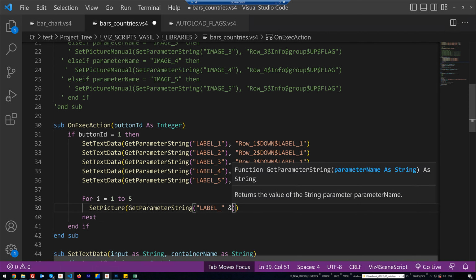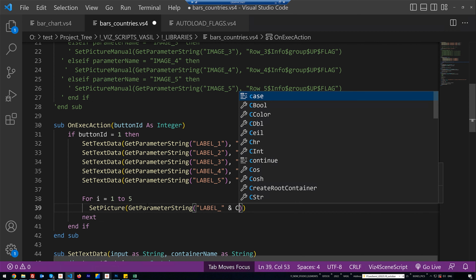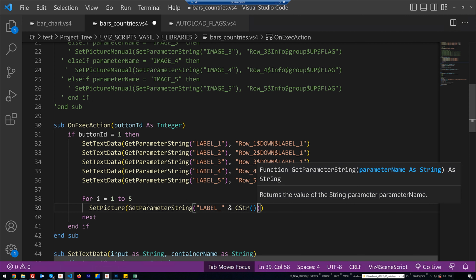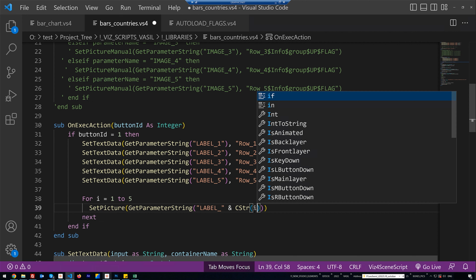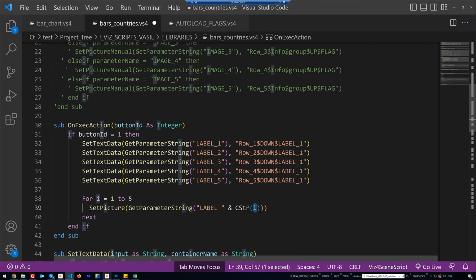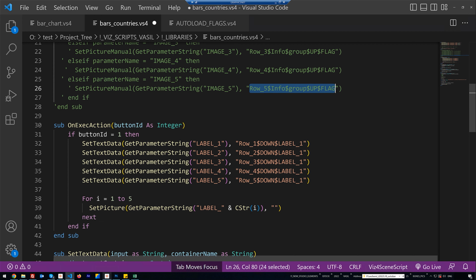Here we'll concatenate label with cstr, and we'll pass iterator. Again I will convert integer to string. And second parameter is container path. I have the path here, just copy, and here will be not 5, here will be the current number as string,